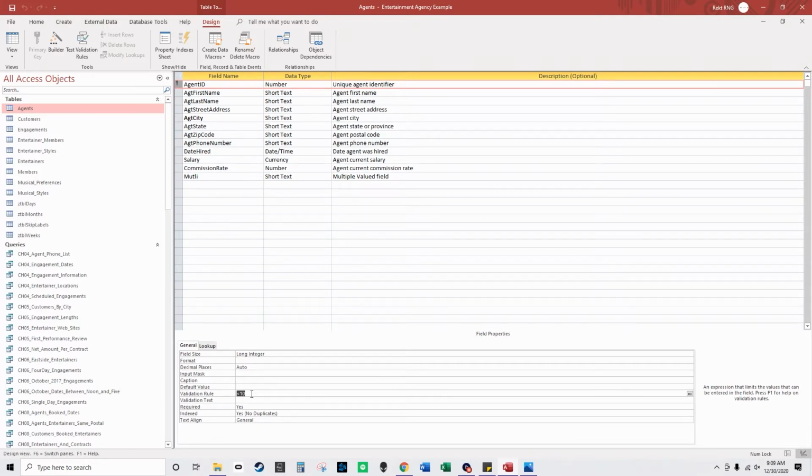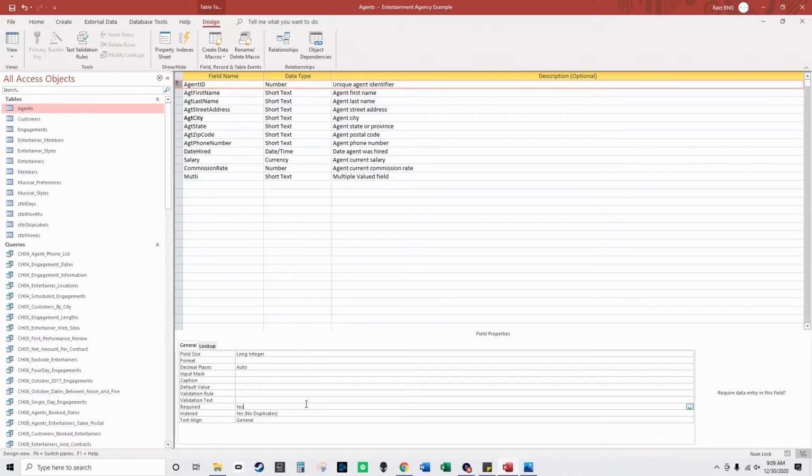So later on when you're updating the database, if somehow someone enters a number that's greater than 10, and you have it auto increment up, which you'll see later on, then it'll provide an error and say you can't have more than 10. So you could use that as a limiting factor, say if you were managing how many people were in a specific class, or other restrictions, like you could use a validation rule. And then like required, you can make it so that the data is required, being that all primary